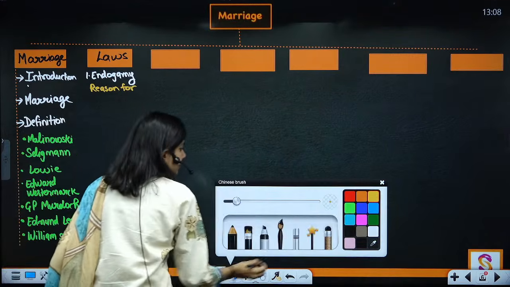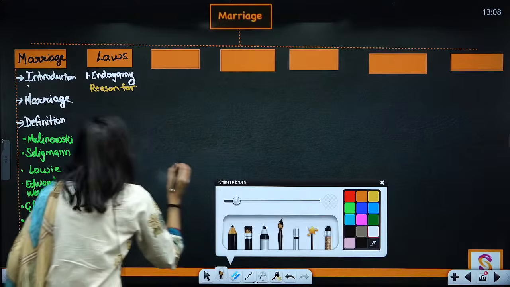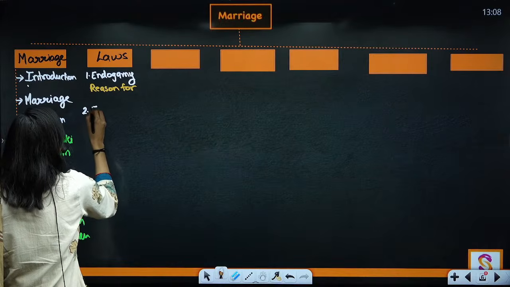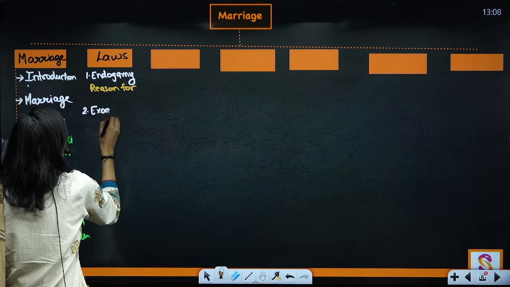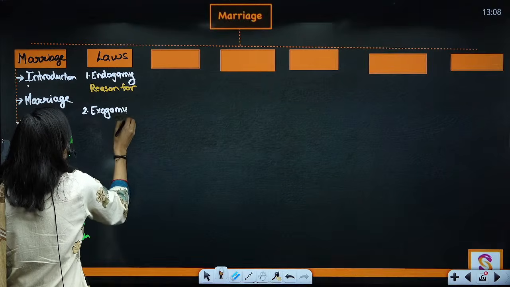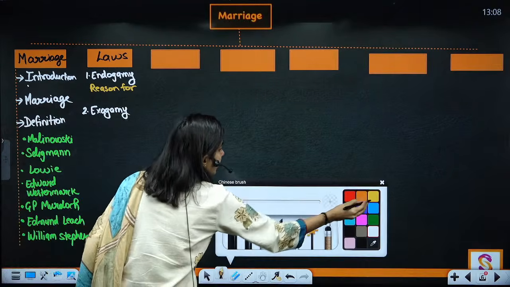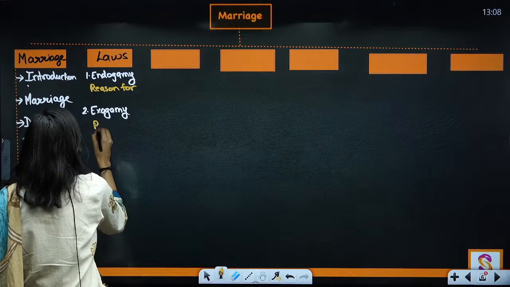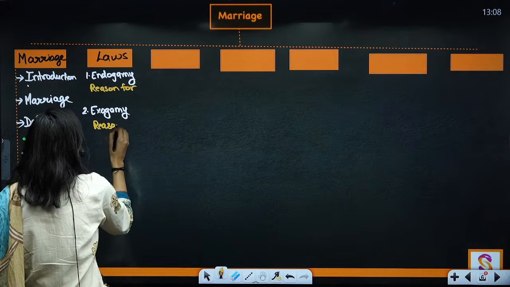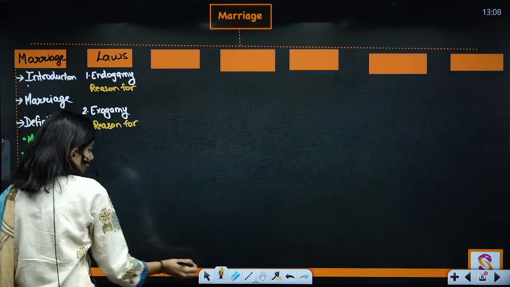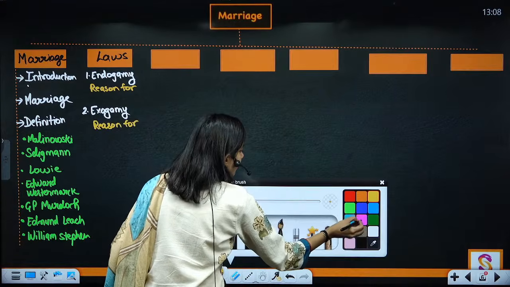Okay, next is going to be exogamy. And you would be mentioning here the reasons. What are the reasons for the same? Now, the third part that you will be mentioning,